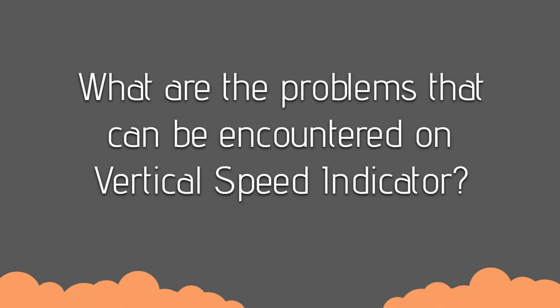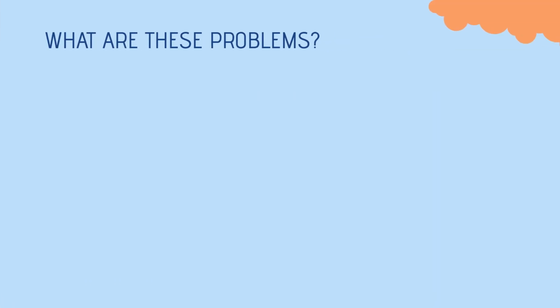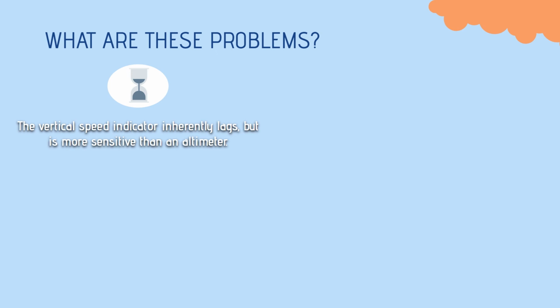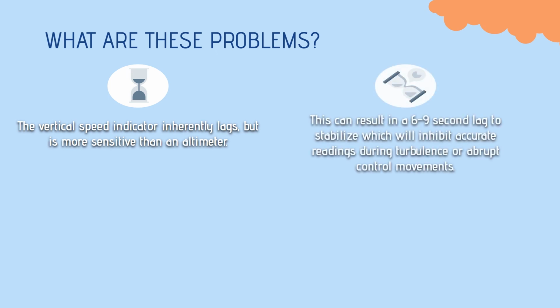What are the problems that can be encountered on a vertical speed indicator? The vertical speed indicator inherently lags, but it is more sensitive than an altimeter. It is due to the reason that the VSI requires some time to catch up, unlike altimeters, which are sensitive. This can result in a 6 to 9 second lag to stabilize, which will inhibit accurate readings during turbulence or